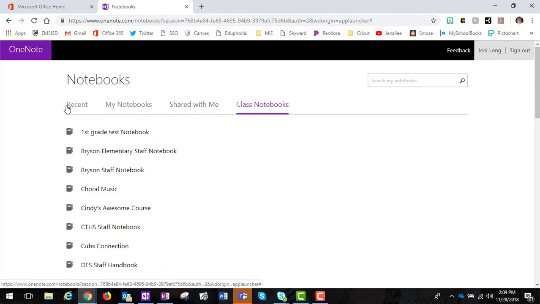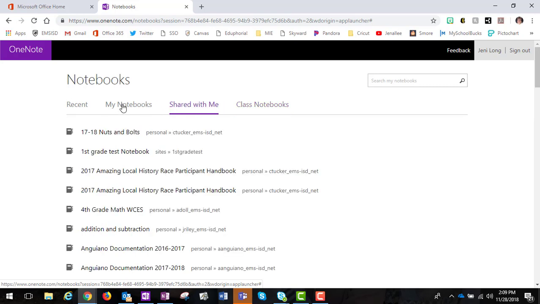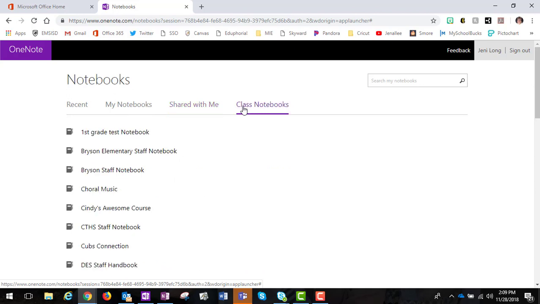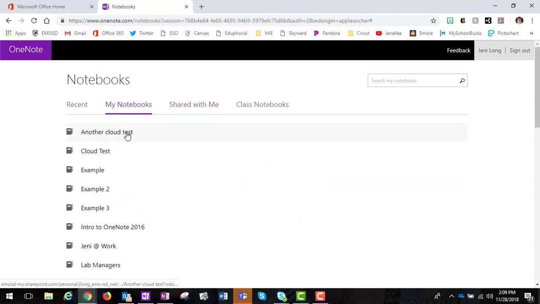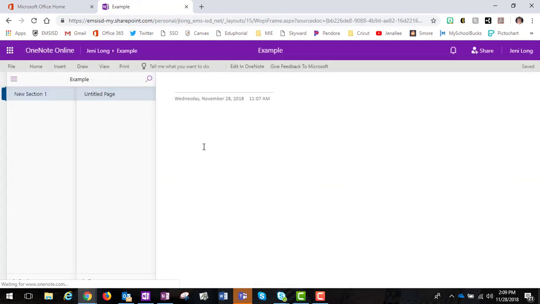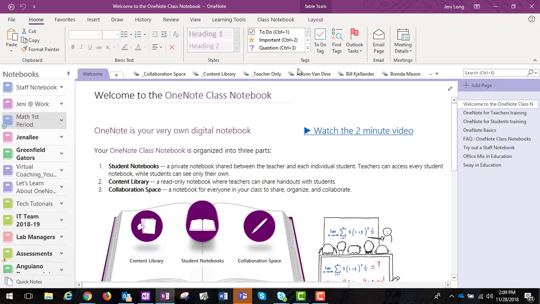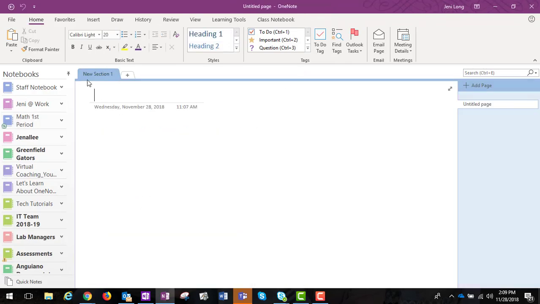So this is a very quick, easy way to find a notebook, and I love that it divides it up into different categories, so you can find the class notebooks versus the regular notebooks or ones that have been shared with you. So you can always go online to your Office 365 account and find your notebooks there as well. Same process. If I was to click on one of these notebooks, it's going to be online. So if I wanted to pull it down and actually put it into the program, I can click on Edit in OneNote, and then it will prompt me to choose an application,